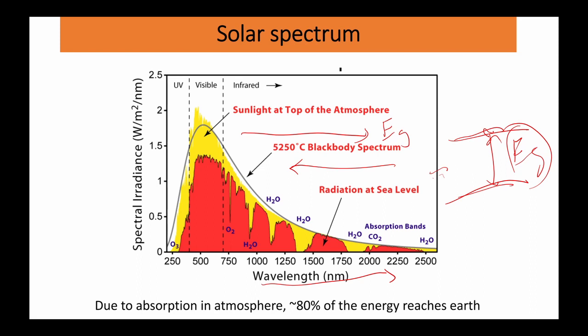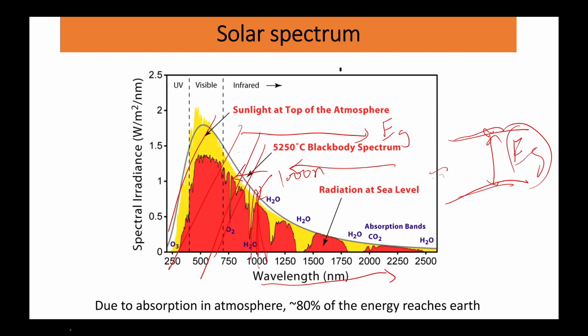Let us say we have a semiconductor which has a band gap corresponding to 1000 nanometer of wavelength. Whatever light we are shining over that semiconductor, which has higher energy than the band gap, or we can say a wavelength less than 1000 nanometer, will be absorbed. So this part of the solar spectrum,